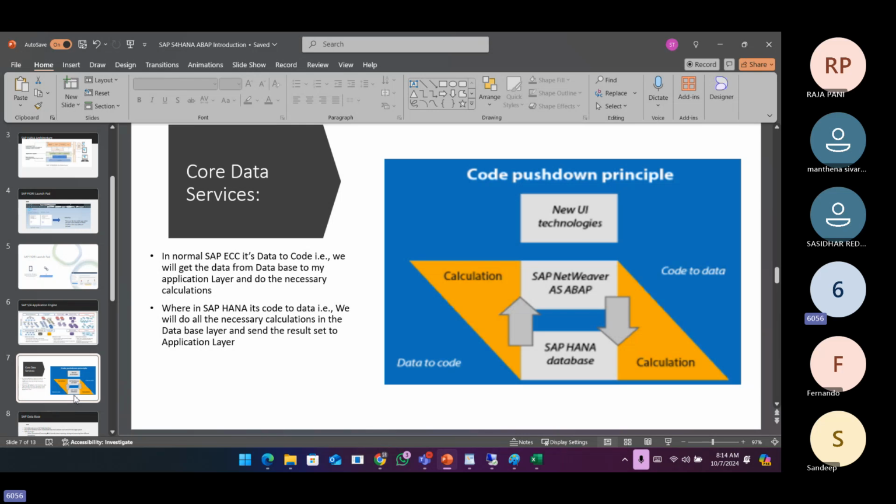That loop and endloop is nothing but you are doing that at your application layer, which is nothing but data to code. The calculations happen at your application layer. But in your S4 HANA, we will be having CDS views, which use the code pushdown technique. What this will do is, the entire calculations that you want to do, you will be pushing to your database. We will be asking it to do everything at your database layer,